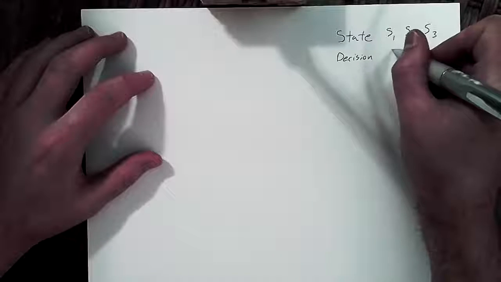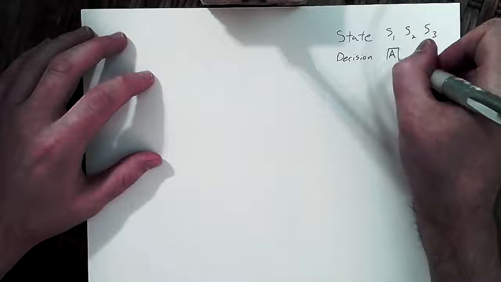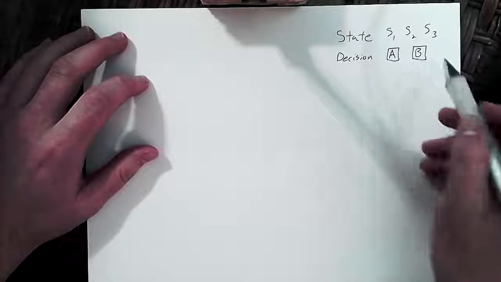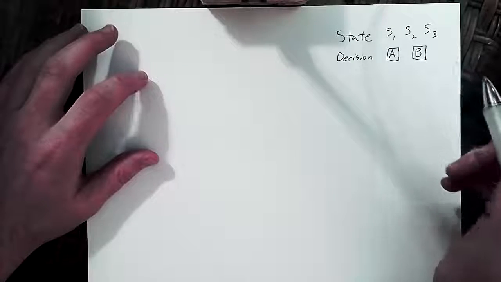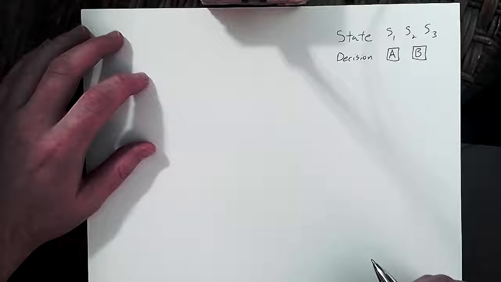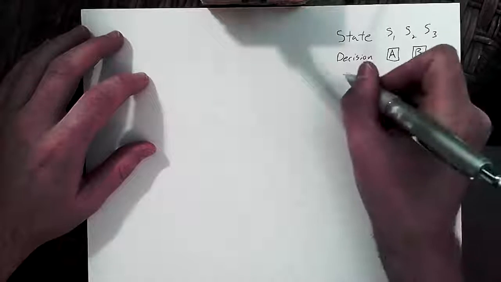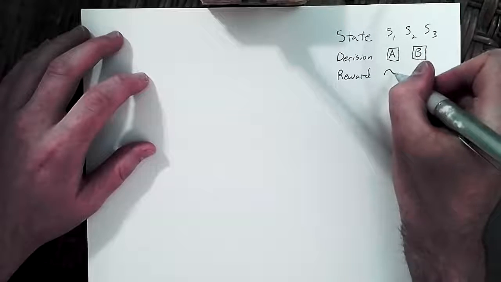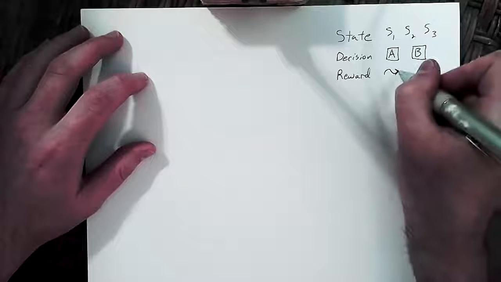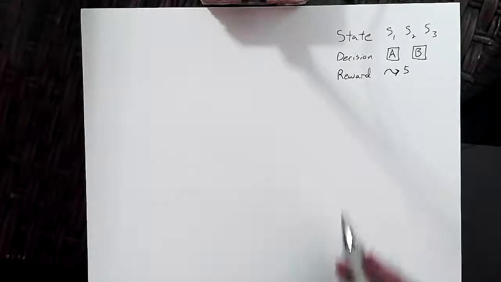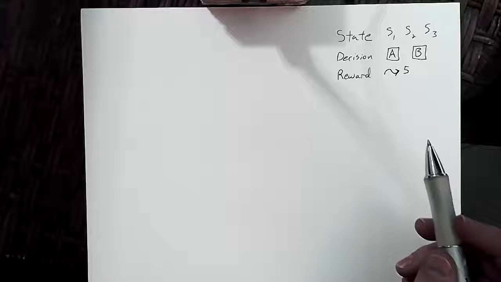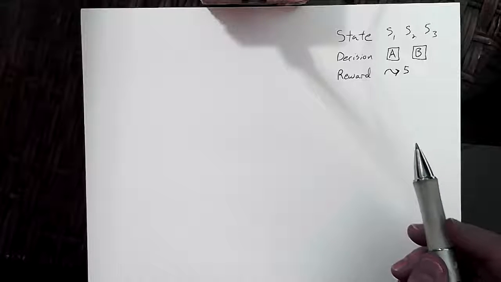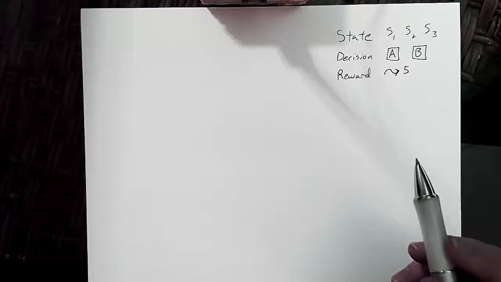Anyway, so decisions on here I'll represent with letters in boxes. So these are 2 different decisions you could make, choices. And then we'll have probabilities, and we'll have rewards. The rewards will be represented by a curvy line with an arrow coming off of it and a number. So that indicates that something happened that gave you a reward of 5. A positive reward would be thought of as a good thing. A negative reward is something you have to pay or some negative consequence or whatever.